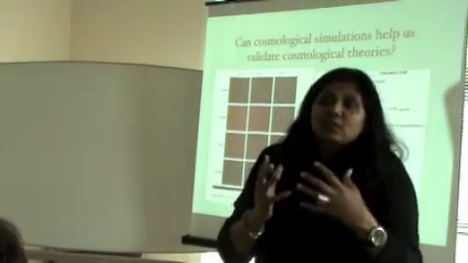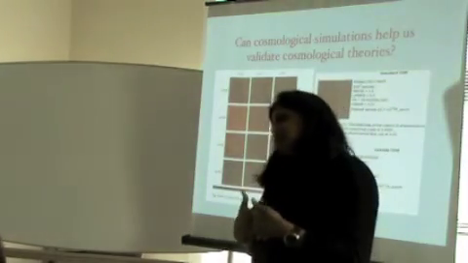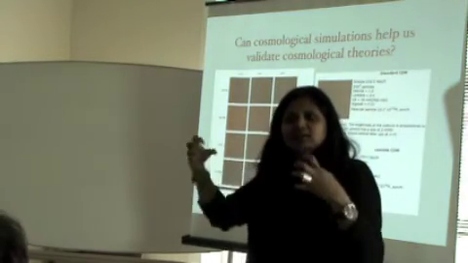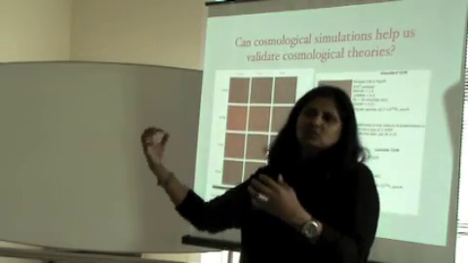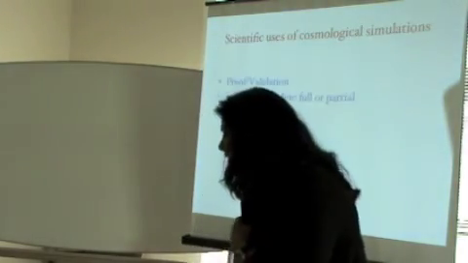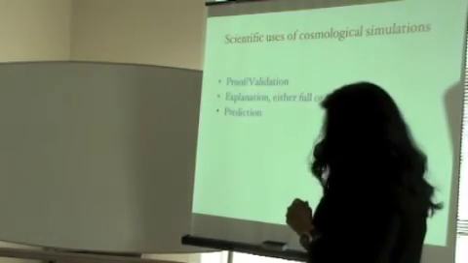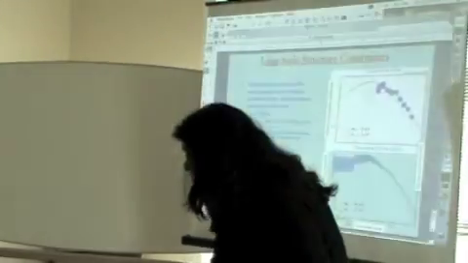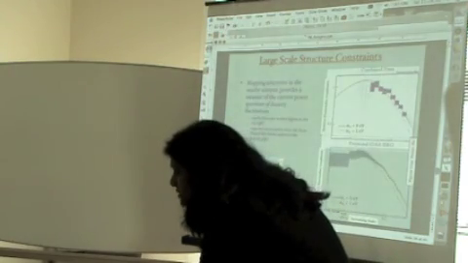We don't have a framework, and I'm really stressing the fact that the way we've developed this framework, it's very, very hard to come up with an entirely new, valid framework with which to compare lambda CDM. So ideally you want proof, you want validation, you want explanation, either full or partial, and you want a prediction. And it turns out that was my last slide, that essentially the